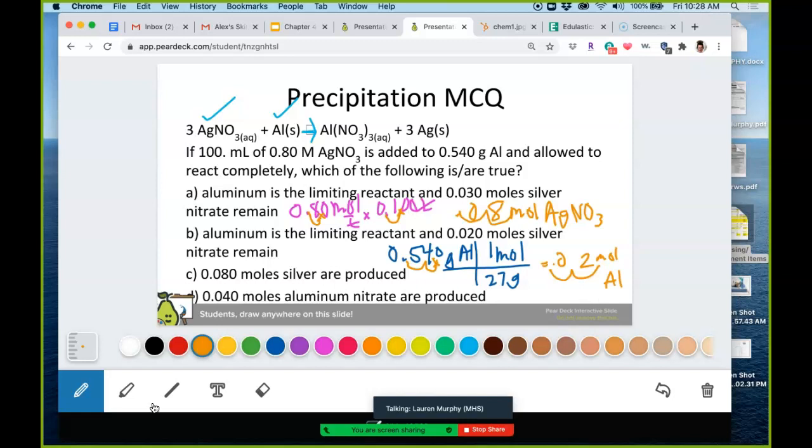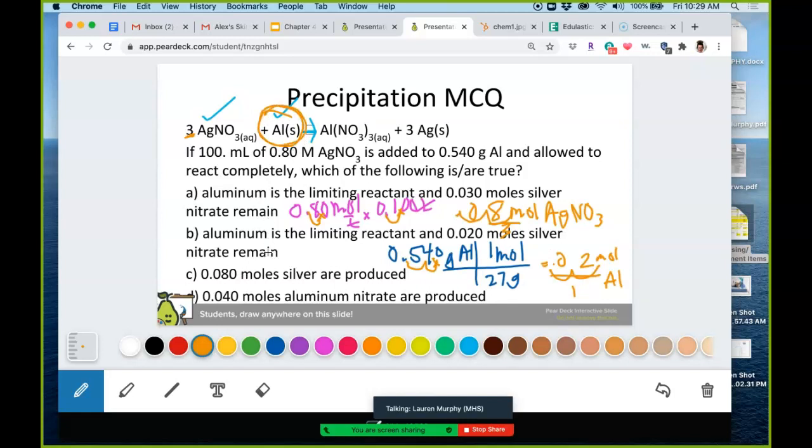Okay? So the first 2 answers have aluminum as the limiting reactant. Let's figure out if it is the limiting reactant. So 0.08 moles of silver nitrate divided by 3, right? Because there's 3 in front of here. So you would divide this by 3. And then there's a 1 right here. So 0.02 would be divided by 1. This number is still bigger than aluminum, so aluminum is your limiting reactant, so I can't throw out A or